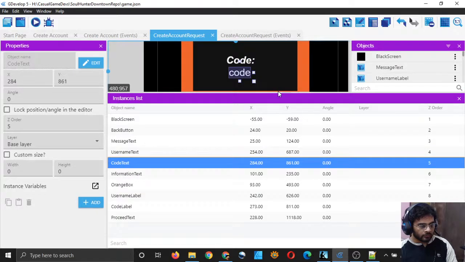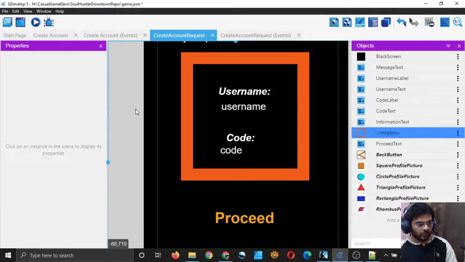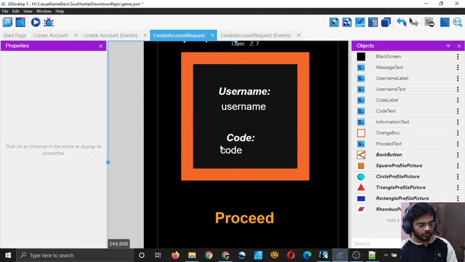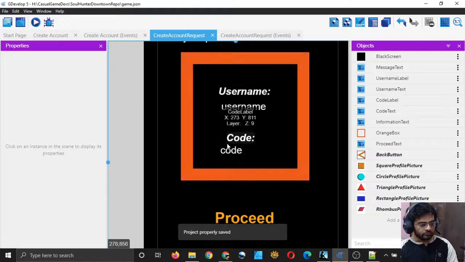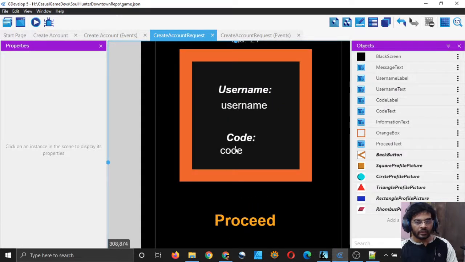I will simply push it a little bit towards here, so that the code when it is displayed looks like it's in the center, although it's not here, but it will be when the code is displayed. I mean everything in GDevelop, all the text objects start from this point and fill up in this direction, right?